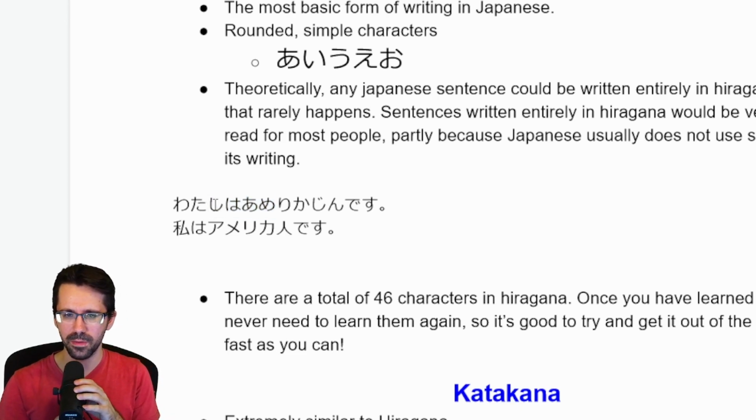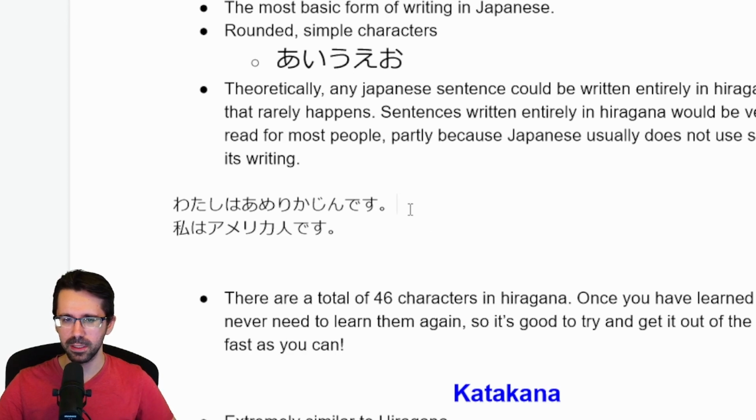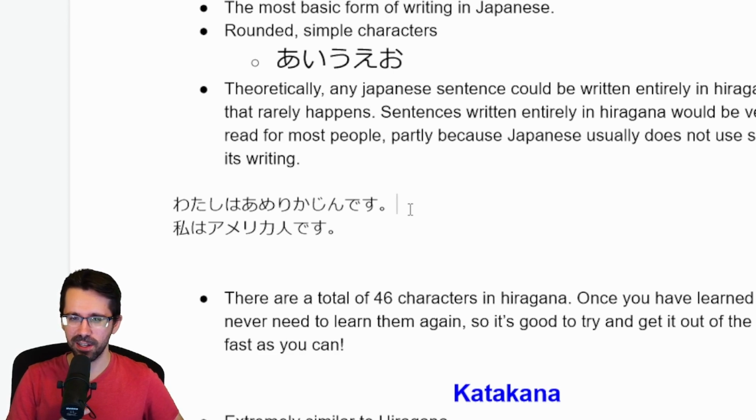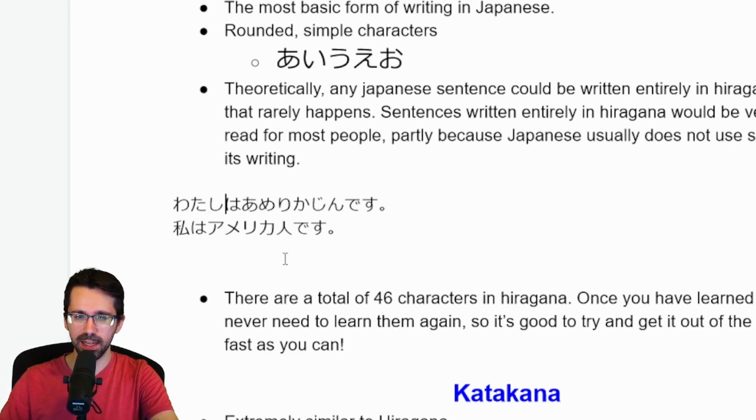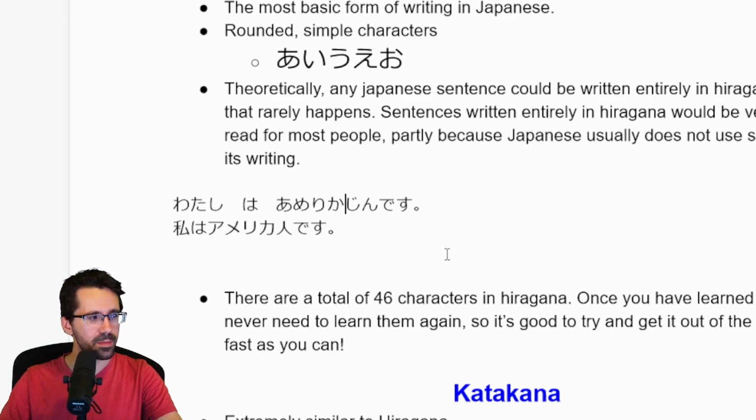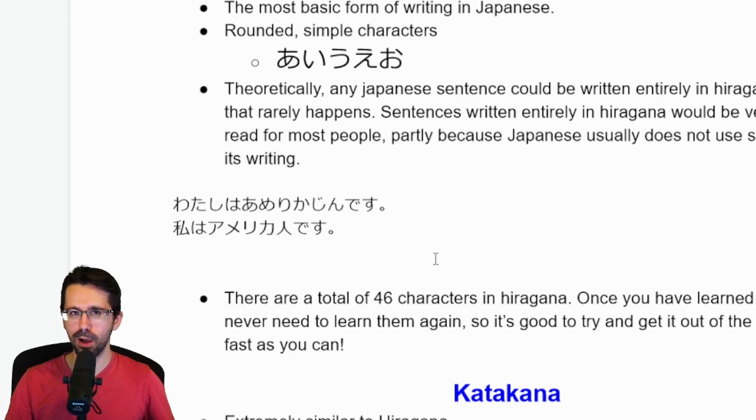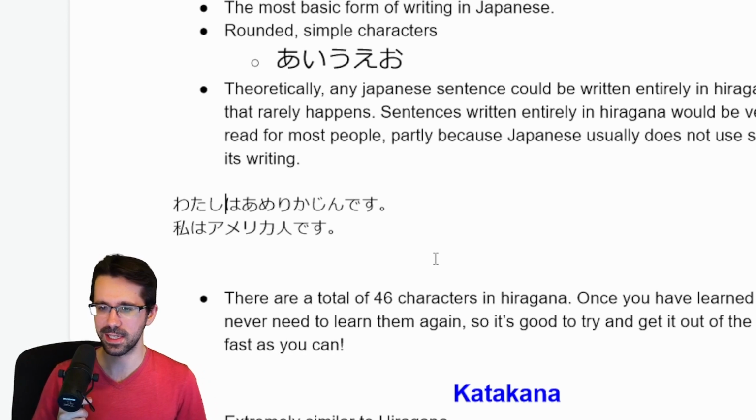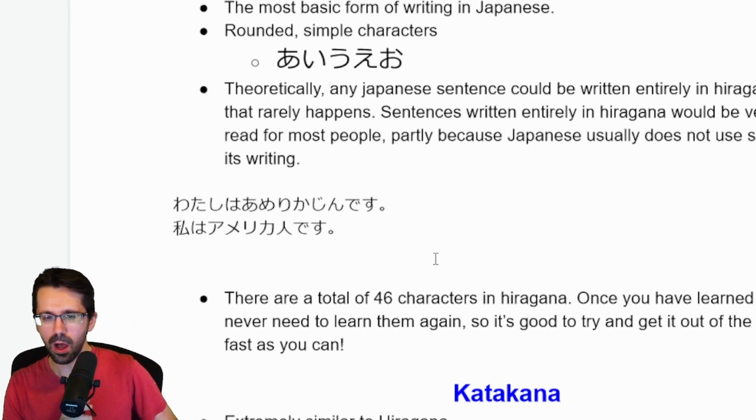In fact, a good example of that would be in Japanese children's books. It's very common for those to be written entirely in hiragana because Japanese kids don't know kanji yet either. And so it's written all in hiragana, but of course, again, it is still difficult, even for Japanese people, to be able to read sentences entirely in hiragana. So in a Japanese children's book, you might see this sentence written with spaces, something like this maybe. Spaces are used in content in Japan that only has hiragana. So all that being said,